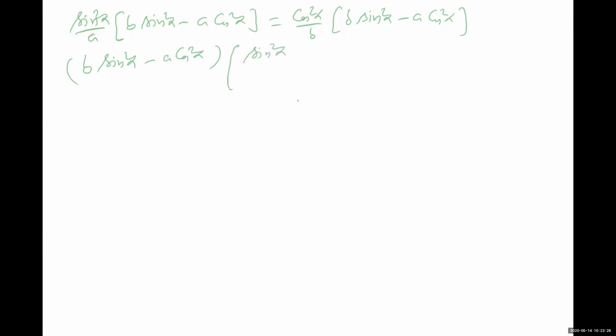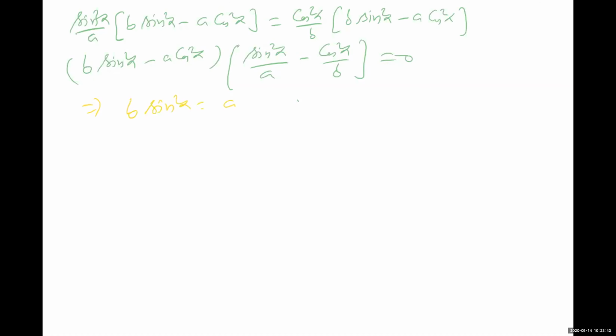Sin square alpha upon a minus cos square alpha upon b is equal to 0. So both things are there. From both things I will get, this implies that b sin square alpha is equal to a cos square alpha, or this will give me that sin square alpha upon a is equal to cos square alpha upon b, and this will be equal to 1